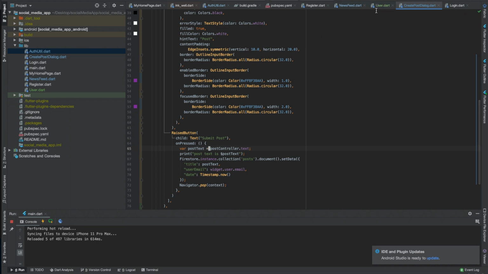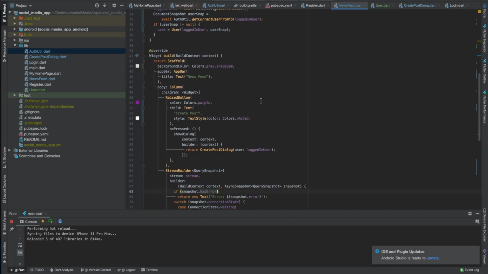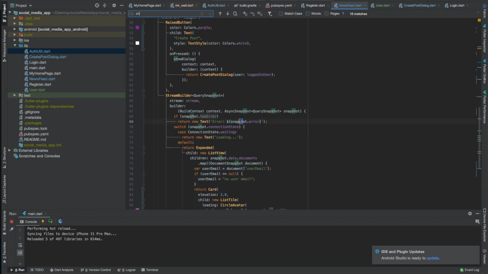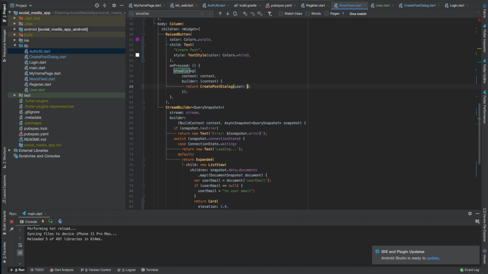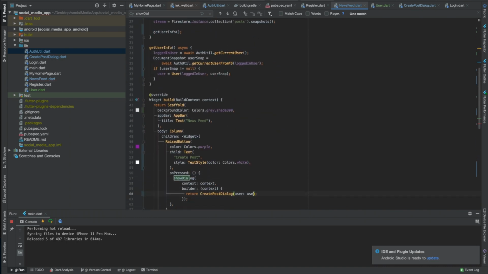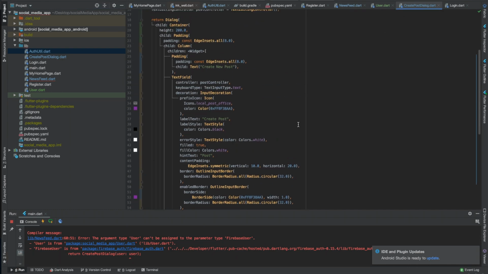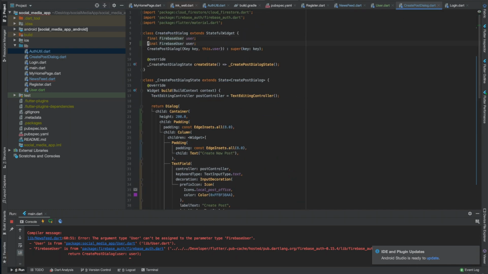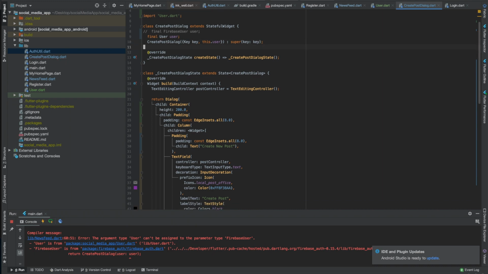So let's go back here, show dialog, which I didn't know I showed y'all that already, but I'm behind. What is it, user? And it's complaining because we haven't changed it in the dialog yet, so I'll just comment it out, but it'll be of type user. So I should have pressed enter right there, but